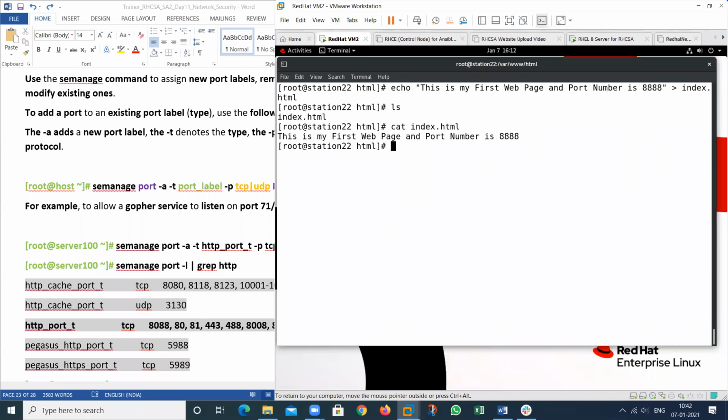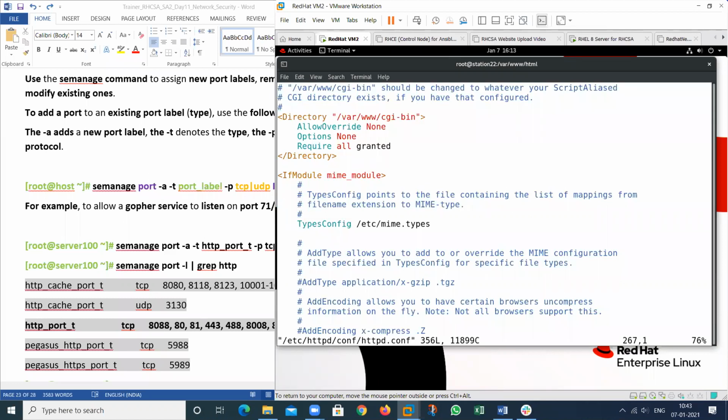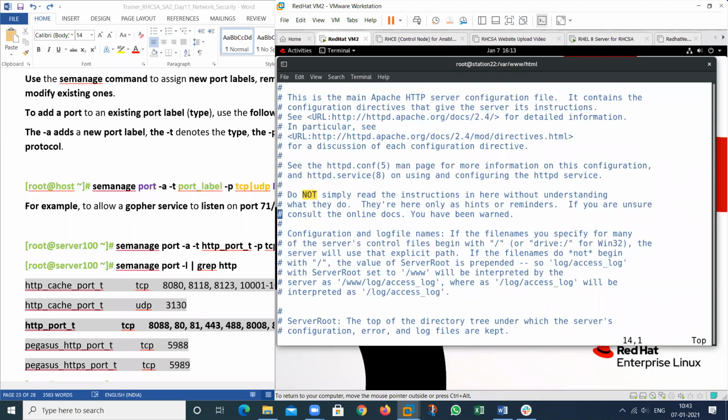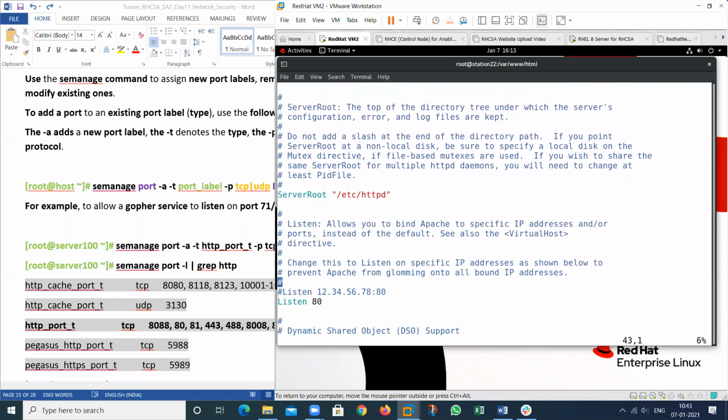And I want to add this particular page in my Apache server. So go to the configuration file. Open the configuration file /etc/httpd/conf. In this conf, httpd.conf, go to this one, then just move down.